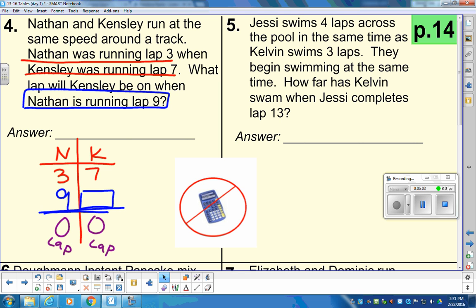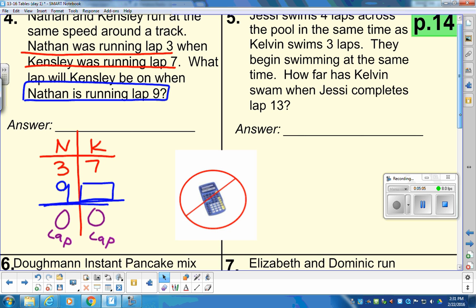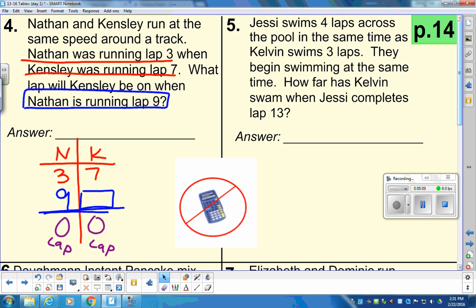If it is a yes, if it's proportionate, then we can take cross products and solve. If it is a no, then we're going to have to work through that. So the unknown value is where is Kensley when Nathan is in lap 9. If we go back, it says that Nathan and Kensley are running at the same speed around a track. Same speed around the track, which means did they start